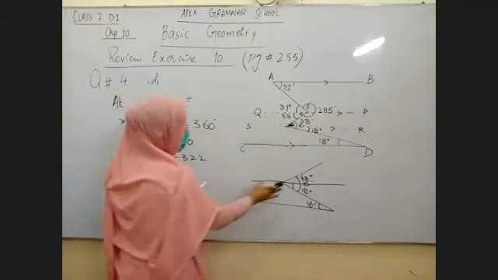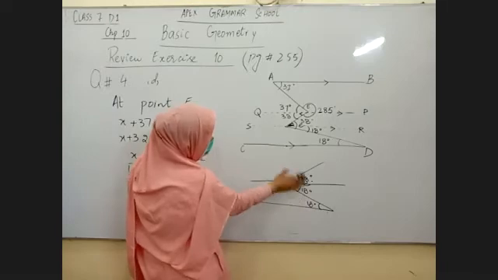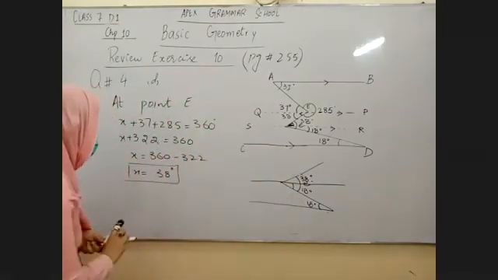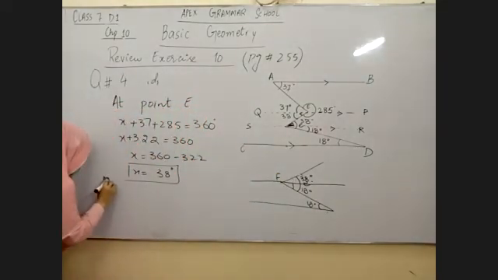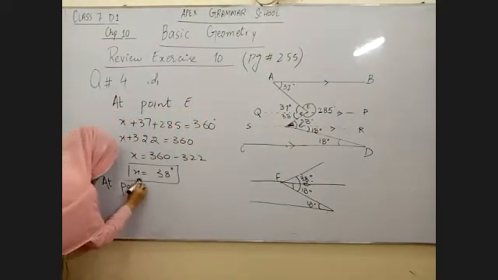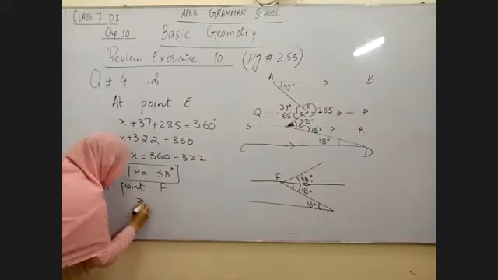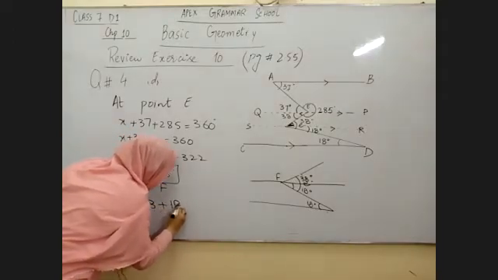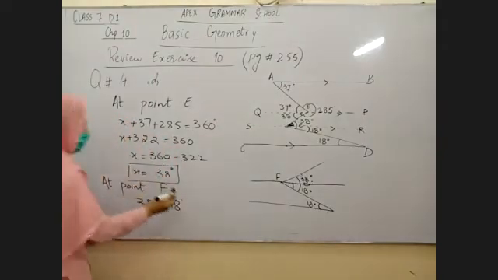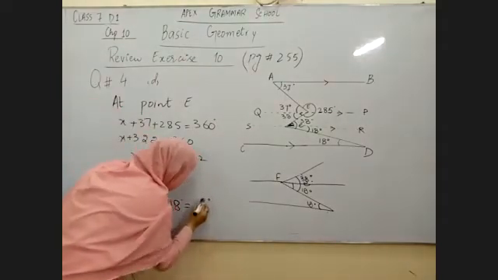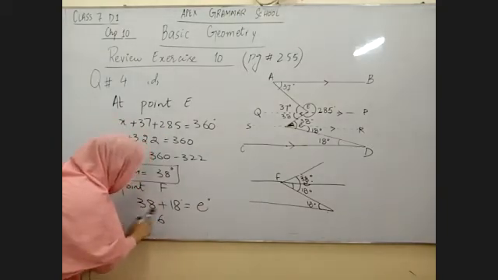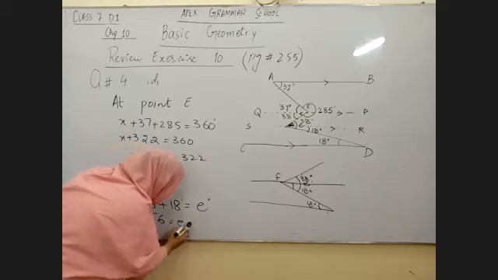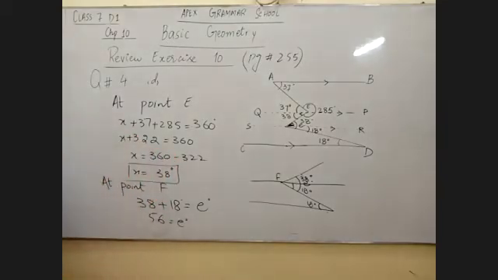Now you can see when you add 38 and 18, it is completing one complete angle E. So that was actually your point F. So now at point F, 38 and 18, these two angles are completing the whole angle E. So I have to add them now. 8 and 8, 16, and 3 and 1, 4, 5. It will be 56 degrees. So the value of E comes to me as 56 degrees.